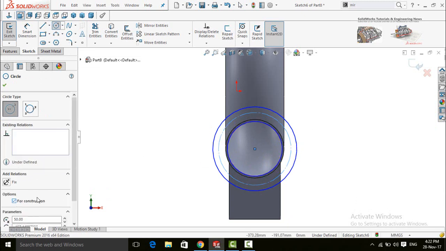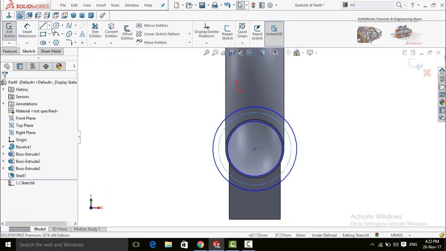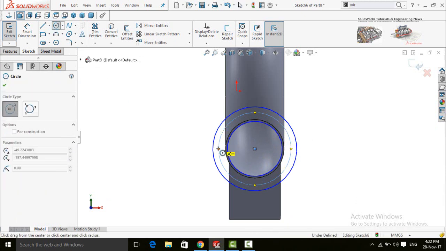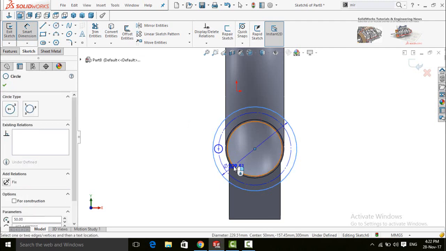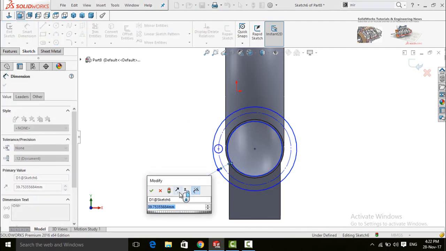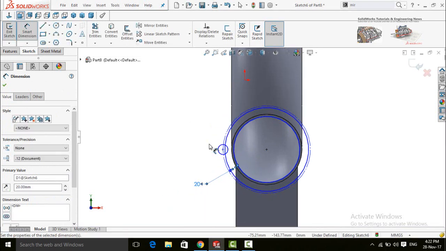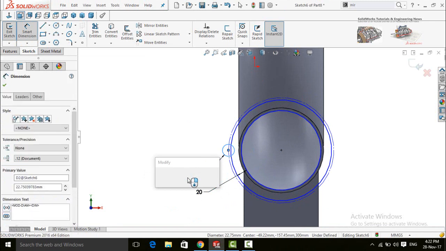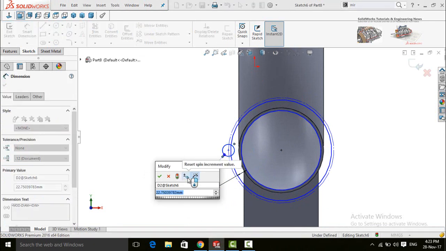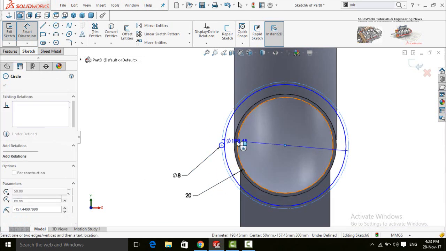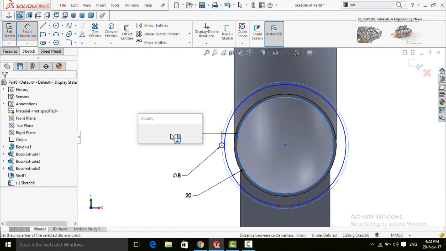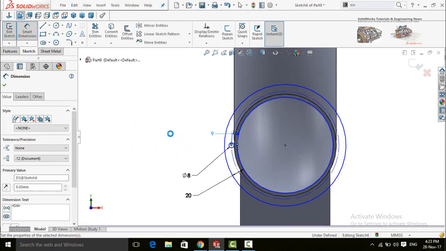Click here for construction, press OK button, another circle on the quadrant point, define them. 20 mm, 8 mm, and 9 mm.